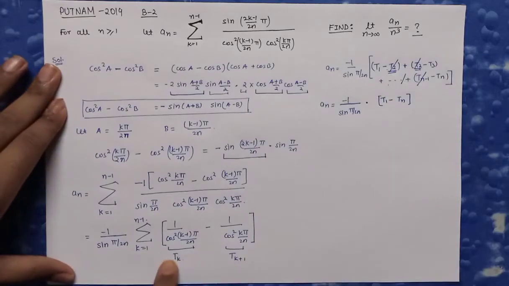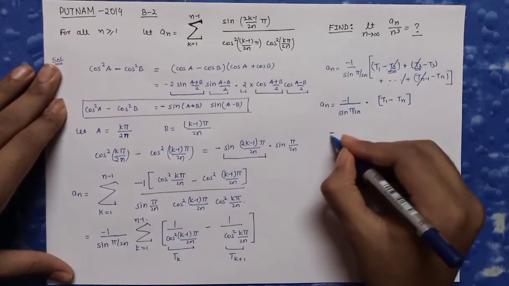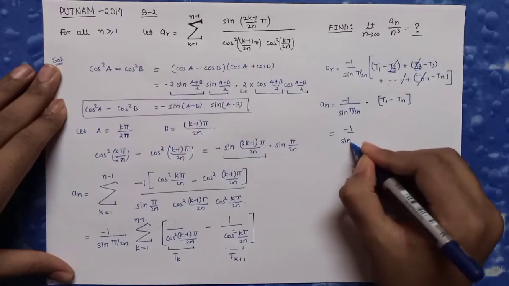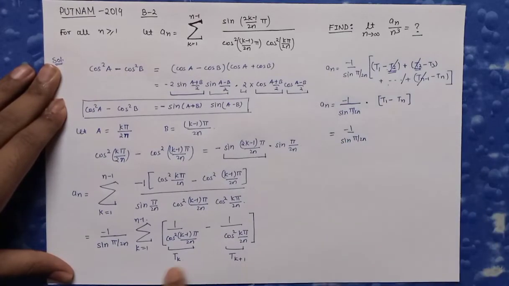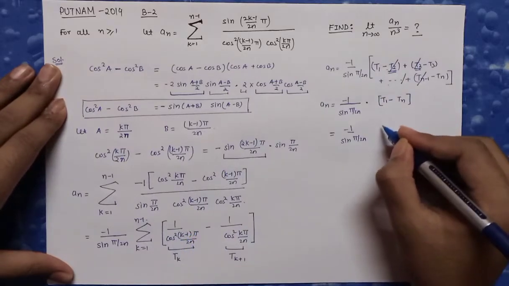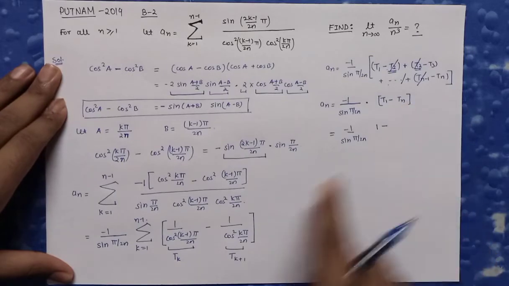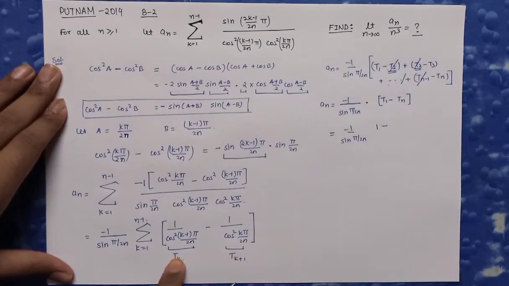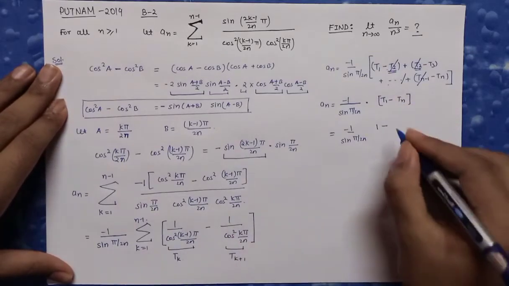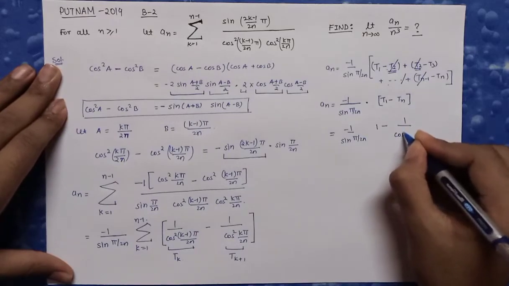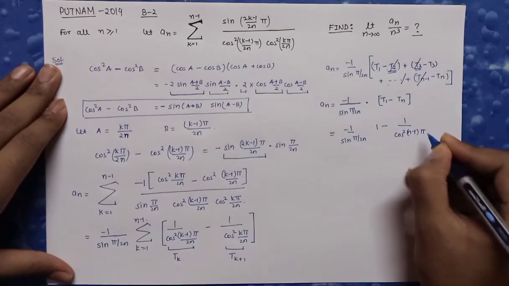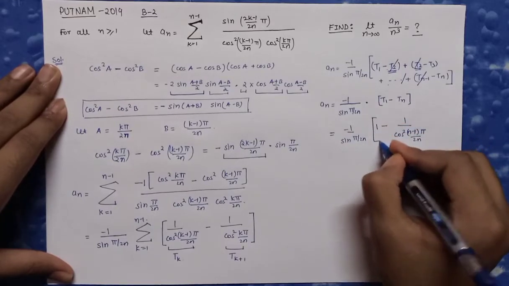Now I had defined tk as this, so I am going to do it minus 1 by sine pi by 2n. If I substitute k equals to 1, then I will get 1 minus 1 is 0, and 0 times anything will turn out to be 0 here, then cos of 0 is 1, so I will be left with t1 equals to 1. Then minus, if I substitute k equals to n here, then what I will get is 1 by cos square n minus 1 pi by 2n. Okay.